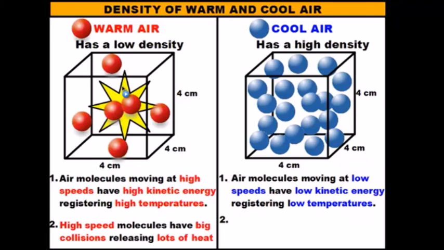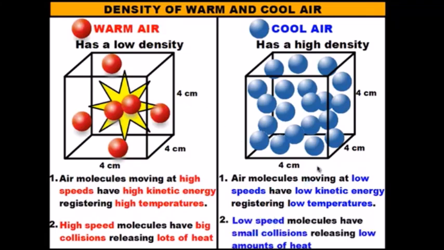However, in the wintertime, what happens is that these molecules move much more slowly. So because they are low speed moving molecules, they're going to have smaller collisions and release low amounts of heat. So this air molecule here is going to move nice and slow and collide with that air molecule, and as a result, because there's not a lot of room to gain a whole lot of momentum, when they collide, they